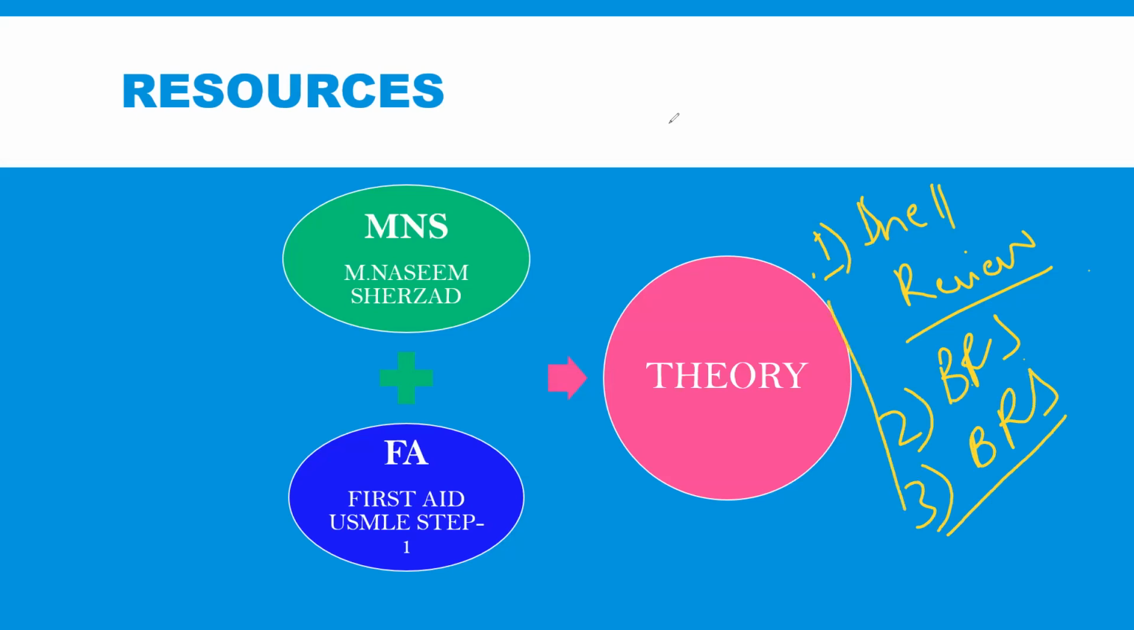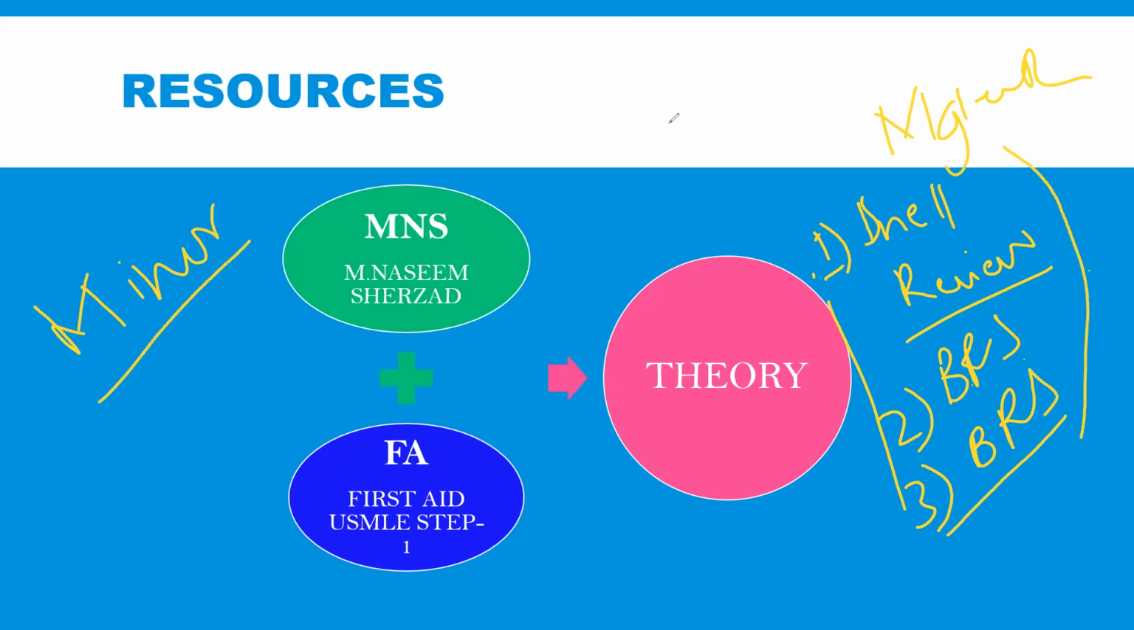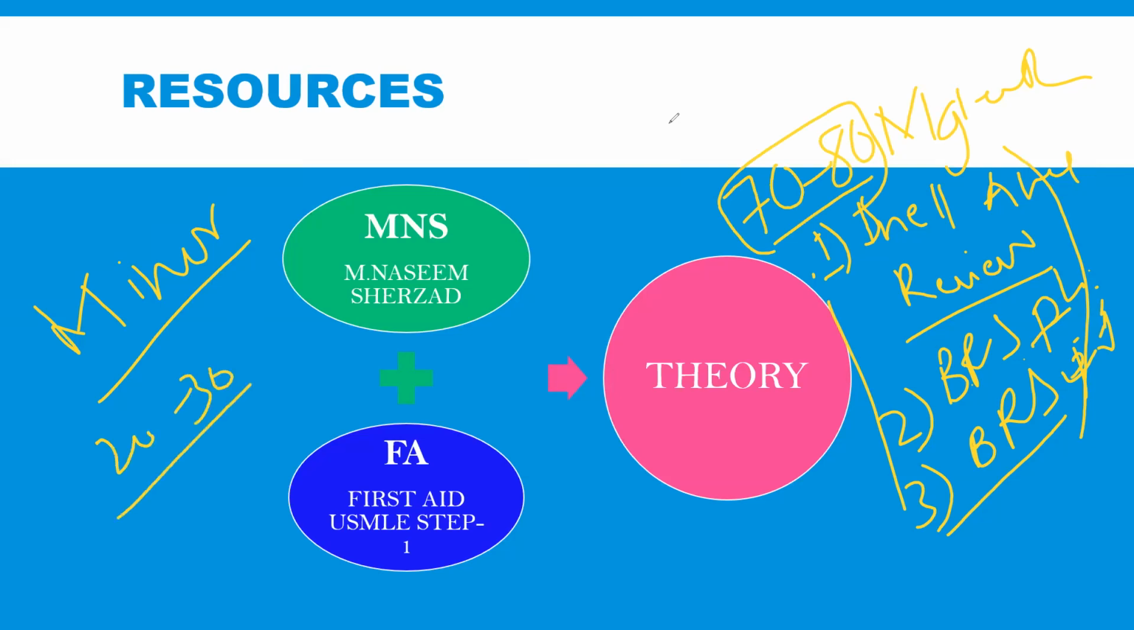In the FCPS exam, you will have to divide your subjects into two groups: one is major and one is minor. In majors, you have these three books, like anatomy, physiology, and pathology. These are major, and they are 70 to 80%. You will be tested in these subjects 70 to 80%, and 20 to 30% of your MCQs will be from minor